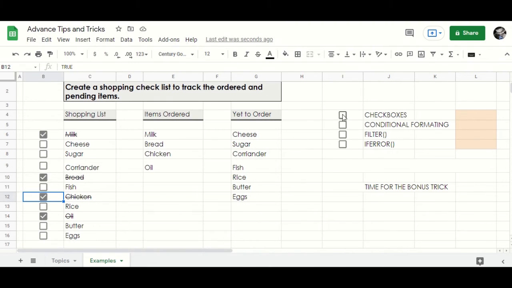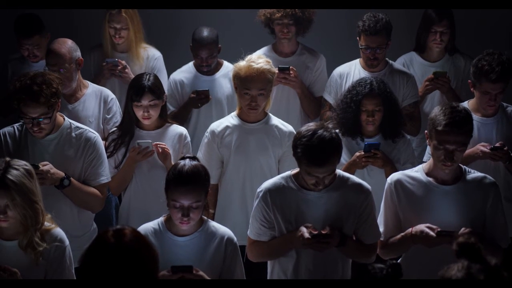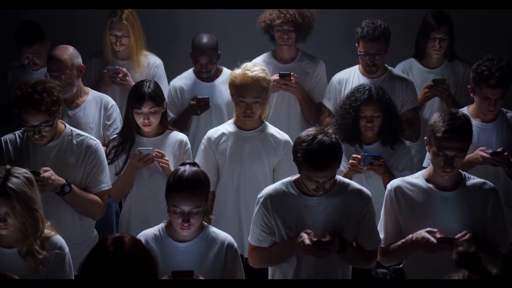With that we have completed checkboxes, conditional formatting, and the filter function. Now that you have seen how to do this, you could even populate the content of these lists or multiple data fields into separate sheets within the same worksheet or a completely different Google Sheet. You could give access to each of these individual sheets to maybe different people playing different roles and need to track only that particular data.